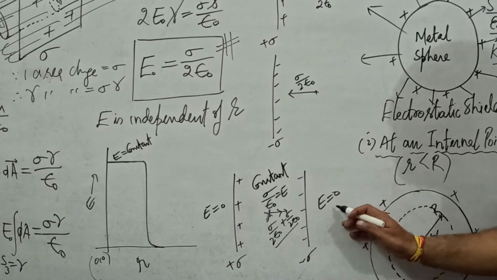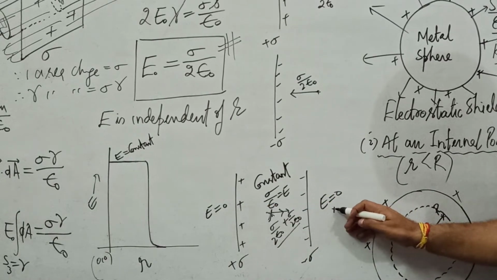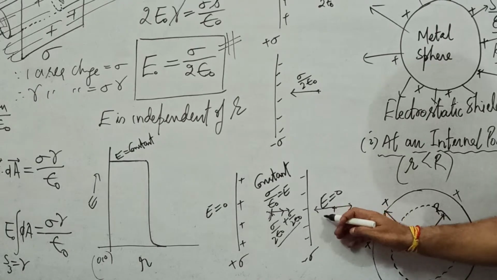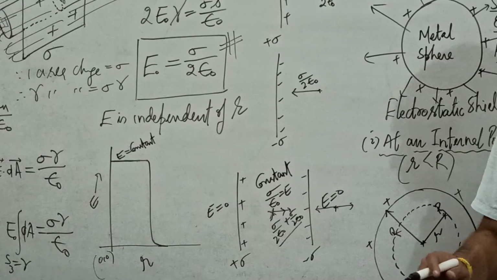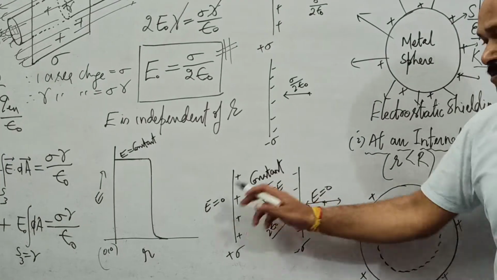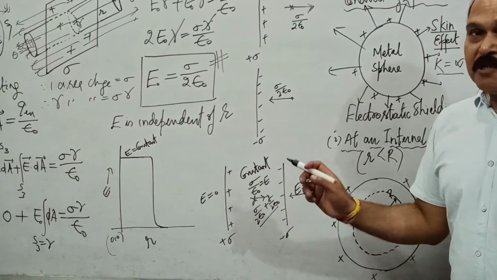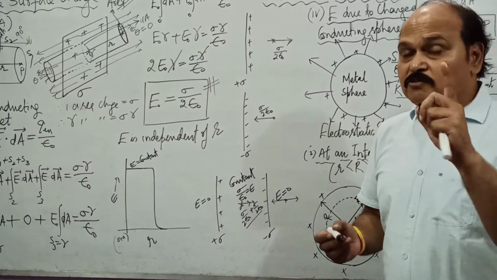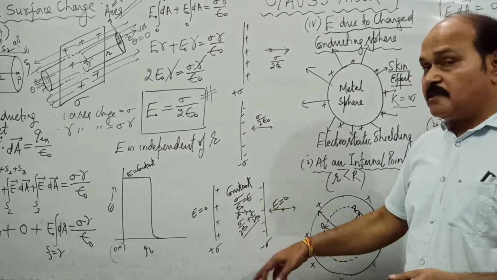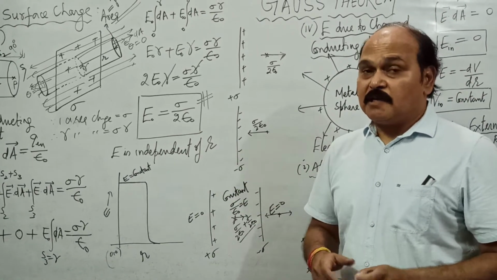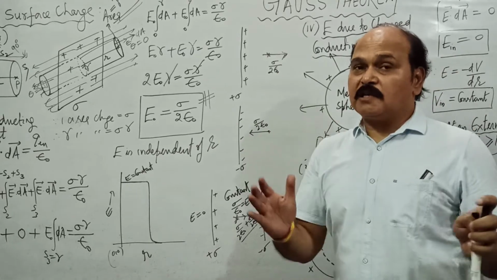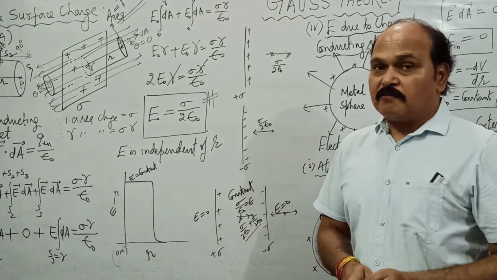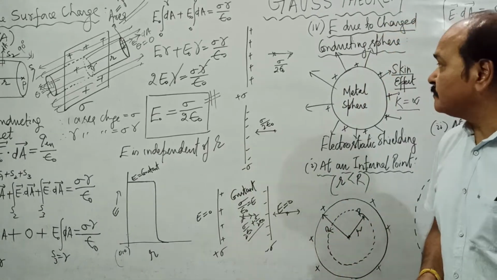And what about the electric field outside? It is zero. Because of the positive charge, the electric field vector is away from the charge. Because of the negative charge, the electric field vector is towards it, and both the field vectors are equal and opposite. Therefore, the net field is zero outside. So outside the plates, the field is zero. Inside the plates, the field is constant, and that's how we create uniform electric field using two surface charge distributions. Such an arrangement is there in the chapter capacitor. In the capacitor, in between two plates, there is constant electric field. We will study about capacitors very shortly.